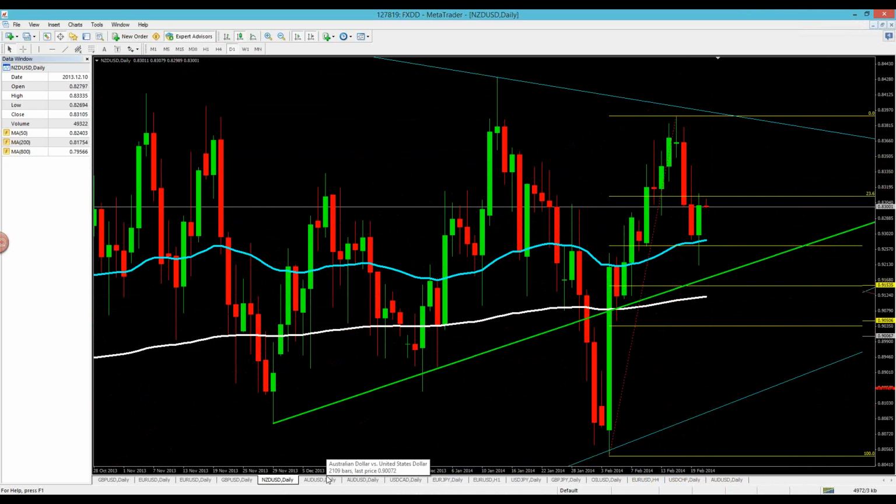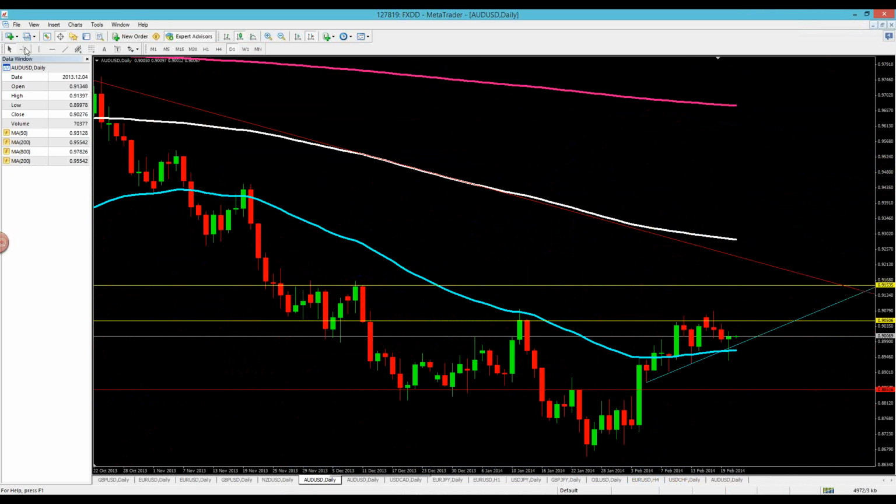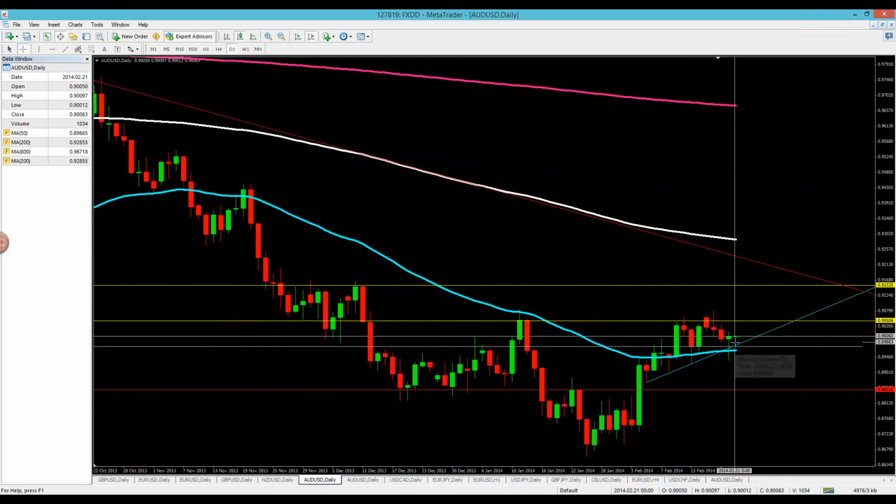So also the Aussie dollar, we've got the same kind of formation. We've got a bounce right off of the 50 EMA, test of the 50 EMA below it. It provides support for us. And we also have a nice trend line, actually 1, 2, 3 touches, and now this 4th test of that trend line. We could see price push up from where we are.